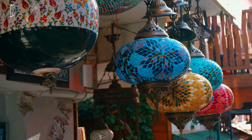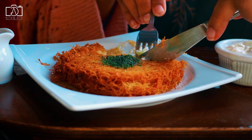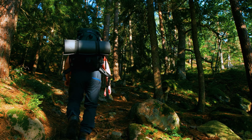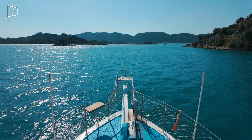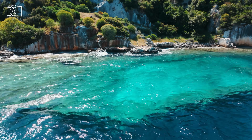authentic souvenirs. After lunch, I often made time to enjoy local desserts like baklava or kunefe with a view of the sea. For a truly immersive experience, I recommend camping under the stars with the sound of waves or crickets in the background. Joining one of the boat tours was a highlight, letting me swim, sunbathe, and discover hidden coves